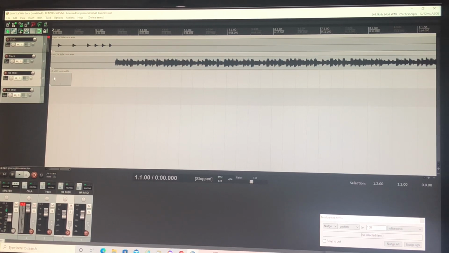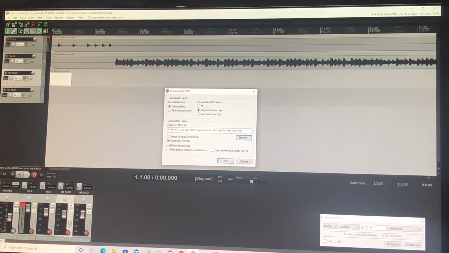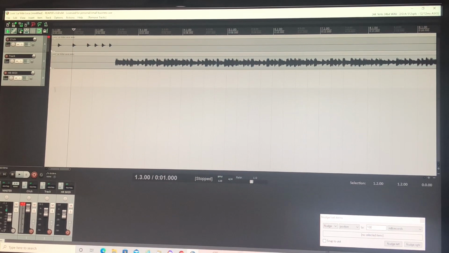So now all I have to do, now if I save that, and the way you save it in Reaper is export project MIDI, pick where you're going to save it and save it. Okay, so now you've saved your project MIDI. All I do now, instead of going through what I went through before, is once I've created my new track to put my MIDI